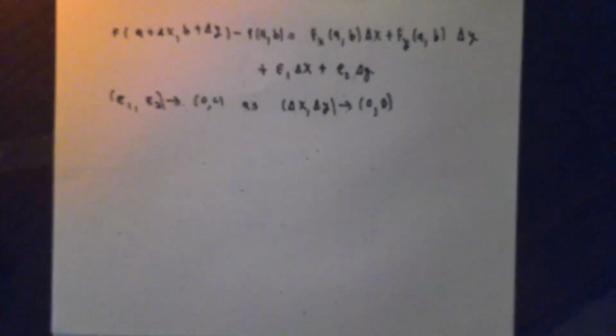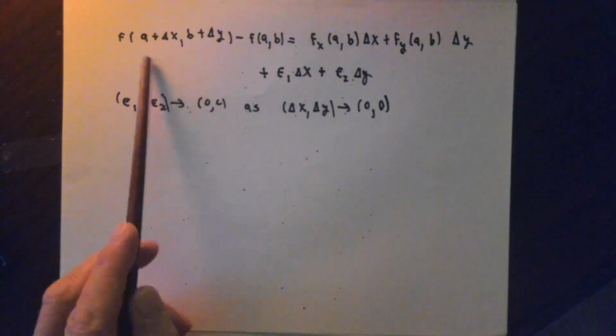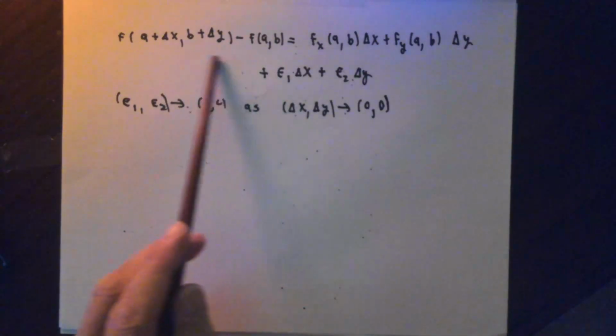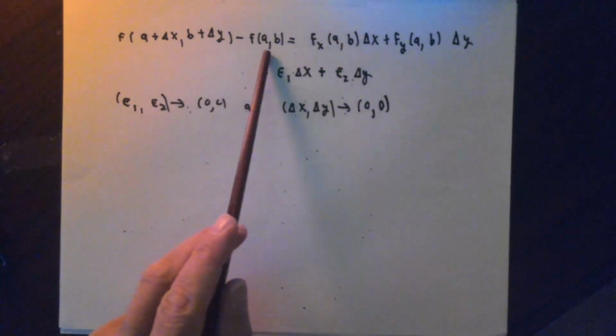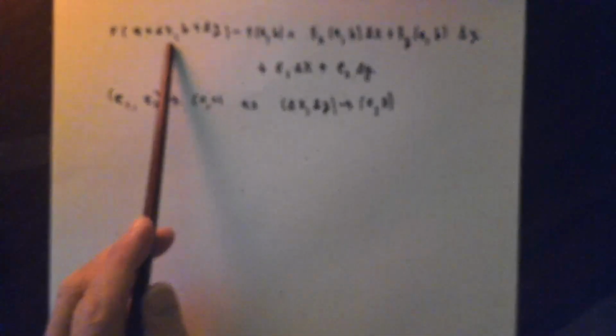In third semester calculus, our previous discussion motivates the definition of differentiability. We say that f is differentiable at the point a comma b if the following statement is true. If the difference in function value starting at ab and ending at some location a plus delta x, b plus delta y,